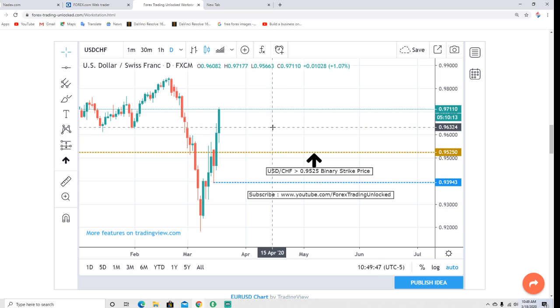Now, I think that as we still continue to press higher and we get closer to parity, then the US dollar Swiss is going to start to have a little bit of a problem. But it will still be bullish versus probably the rest of the European currencies.